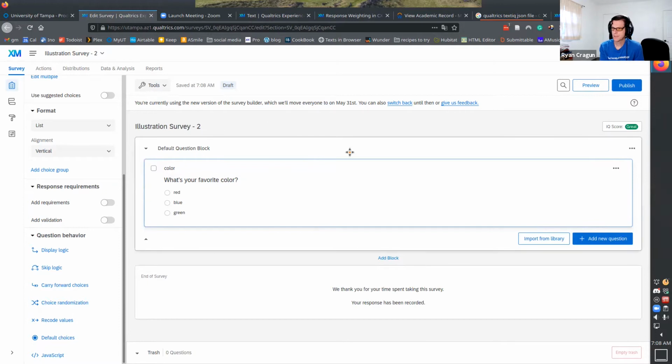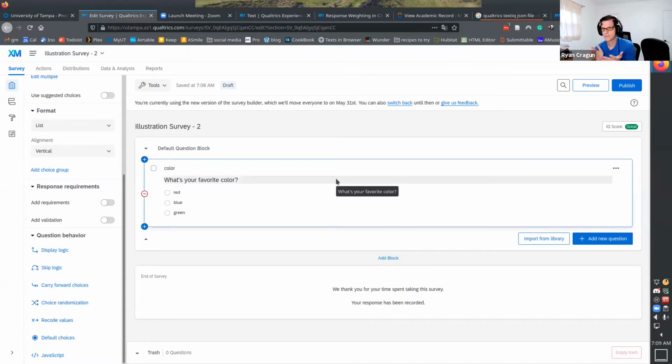A couple of other things when talking about designing the survey. It sets them up in what are called blocks. So this is just a question inside the default question block. This is useful to think about in terms of different sections of a survey. And there are reasons why you would want to create blocks or not create blocks. That has to do with how the survey ends up presenting to the person taking it,